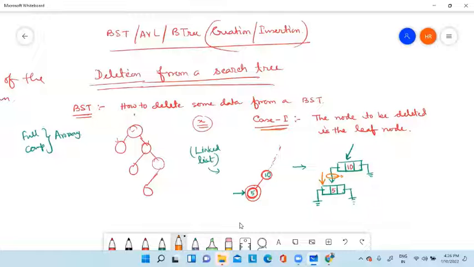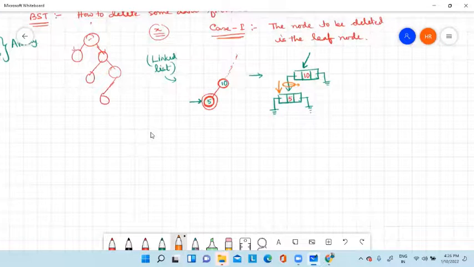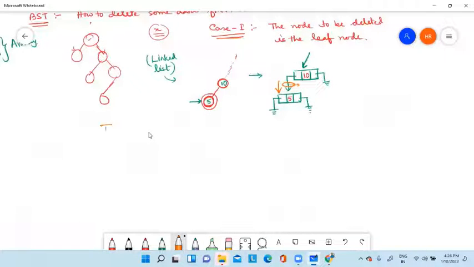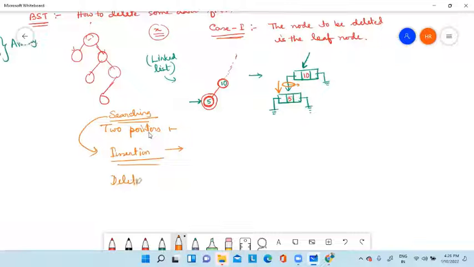When we are searching a particular data in a binary search tree, remember we have to use two pointers. Why two pointers? For any searching. And the interesting thing, searching is very important. If you are going to perform the insertion operation, then searching is very important. If you are going to perform deletion, then again searching is important. Why? For the insertion operation, what will you search?